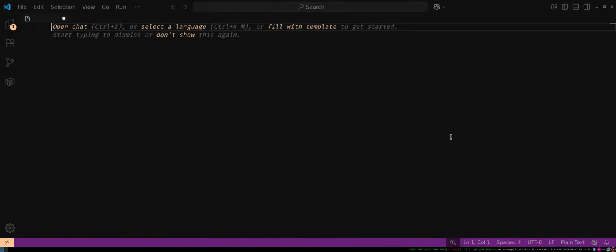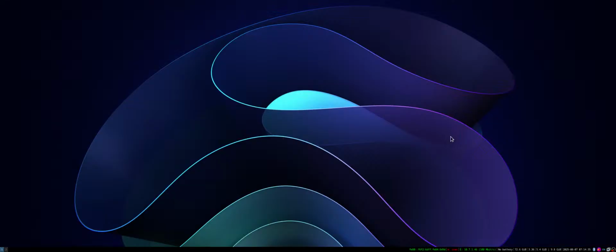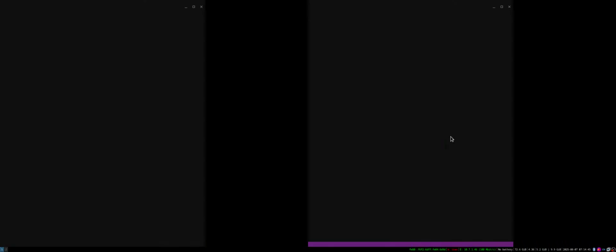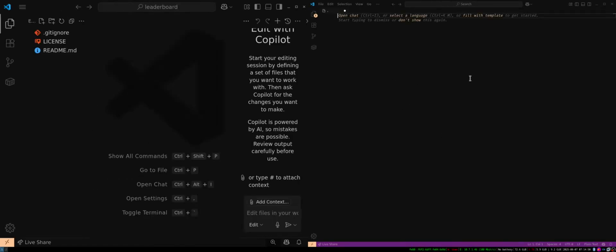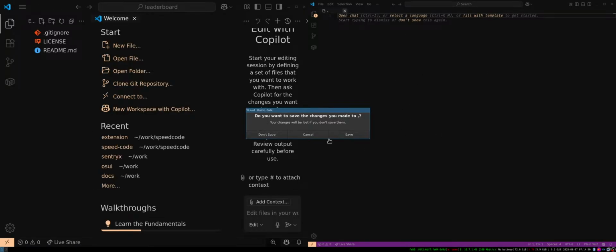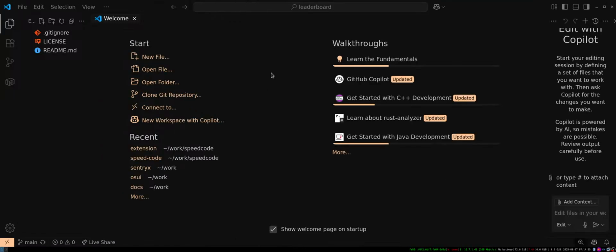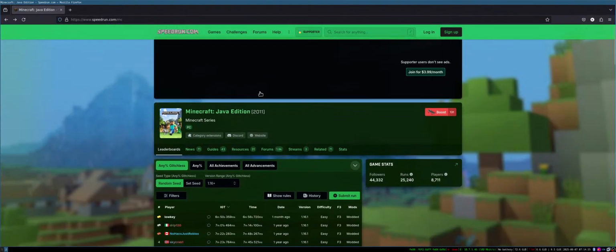Damn. That would have been speed code leaderboard code dot. All right, so